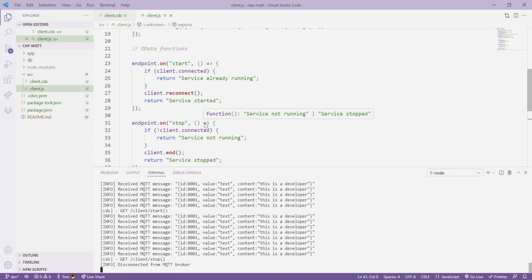Let's stop the service. As you can see, the message disconnected from MQTT broker is logged, and we are not receiving any further MQTT messages. As you can see, the function isRunning currently returns false, as expected, because we just stopped the application from